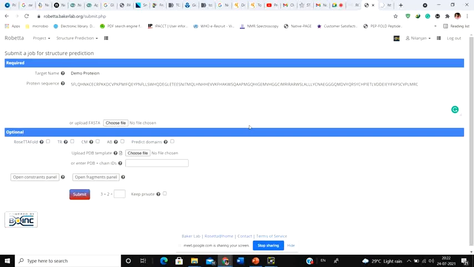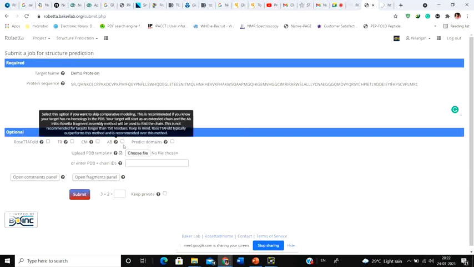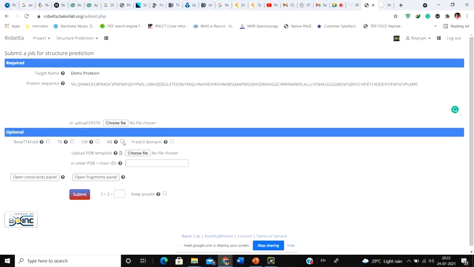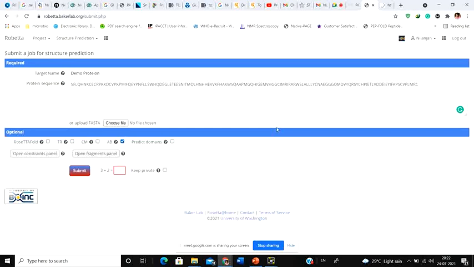So it's completely up to you to decide by what method you're going to solve the structure. Or you might do one thing: you can solve a protein structure using the ab initio method, and also using the comparative modeling method, and compare and see how they differ from one another. So if you want to solve the protein by ab initio method, simply click on AB method and that's all. It will be done.